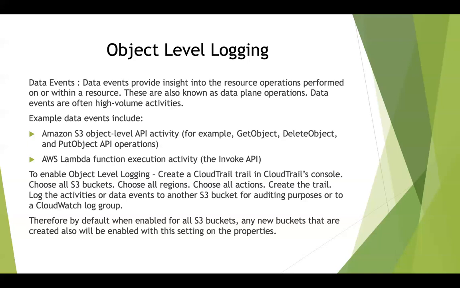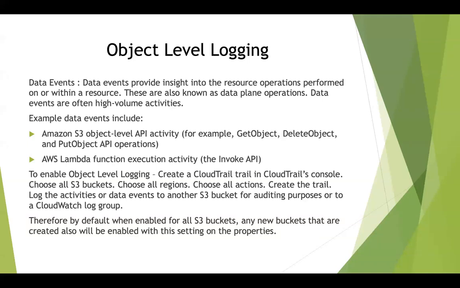So for server access logging, we described that when we have 10 S3 buckets, all the logs generated by these 10 S3 buckets are logged into one S3 bucket where the S3 log delivery group has permissions, right? Similarly over here, for all the S3 buckets in your AWS account, for all the API activity related logging, we will be able to push out all the logs of those API activity to one S3 bucket for auditing purposes, or we can also put it to one CloudWatch log group. So that is also another configuration that we can do.